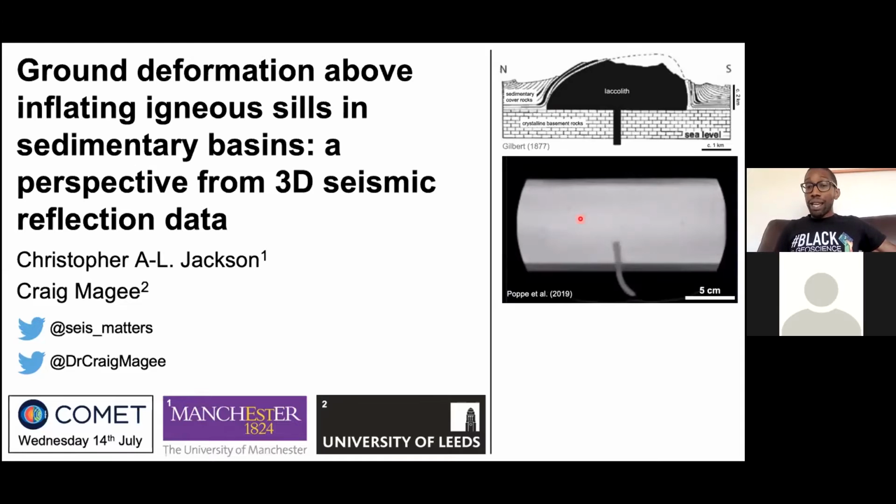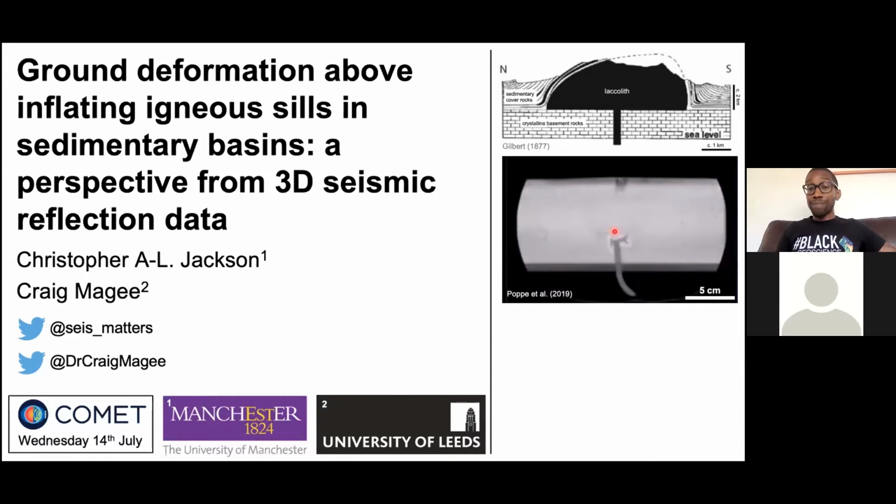Also important to note here are two other styles of deformation which are associated with the ground deformation. One is the formation of these circumferential, almost ring faults, these reverse faults, which are coming off the upper tips of these inclined sheets at the edge of the sill-like body, but also a series of mode 1 dilational opening fractures across the top of the fold, which are accommodating the line length increase as the ground deforms. So there's folding and faulting taking place to accommodate this